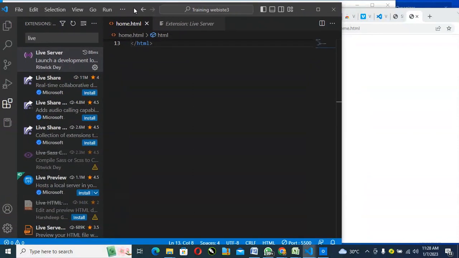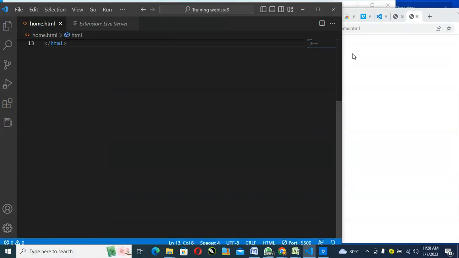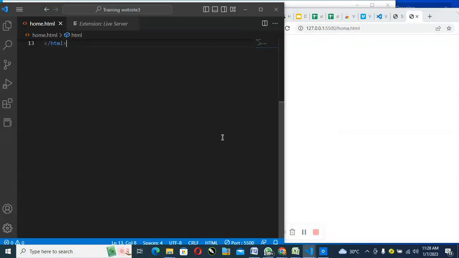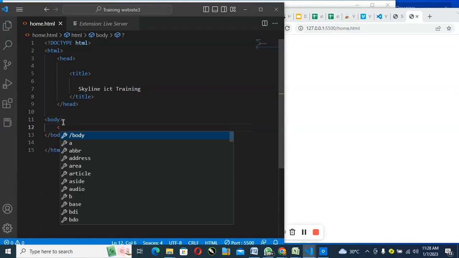All right, I don't want to show you the live option. Next thing I'm going to be having is the body. I like using shortcuts for the body. Then we have the header. Now, heading in